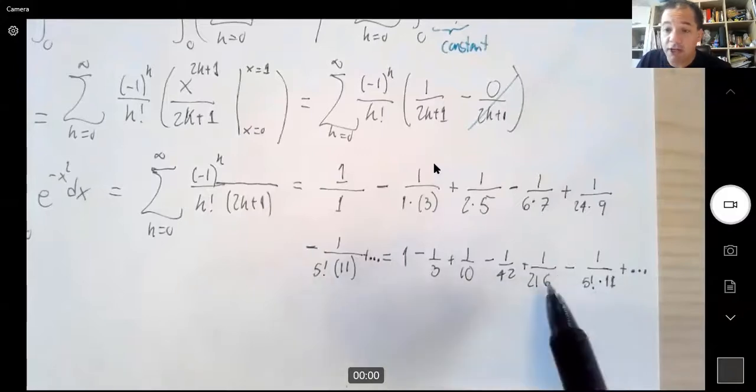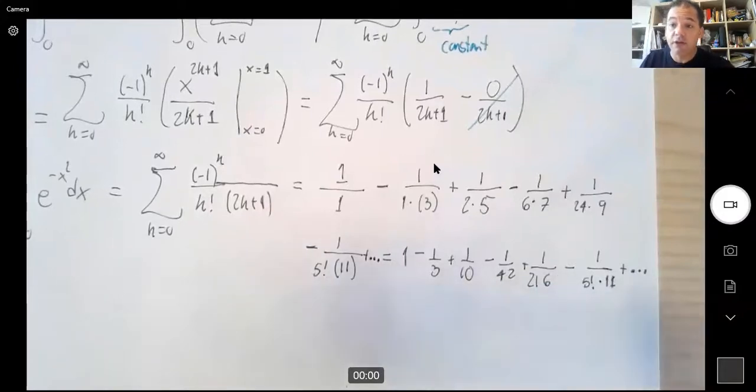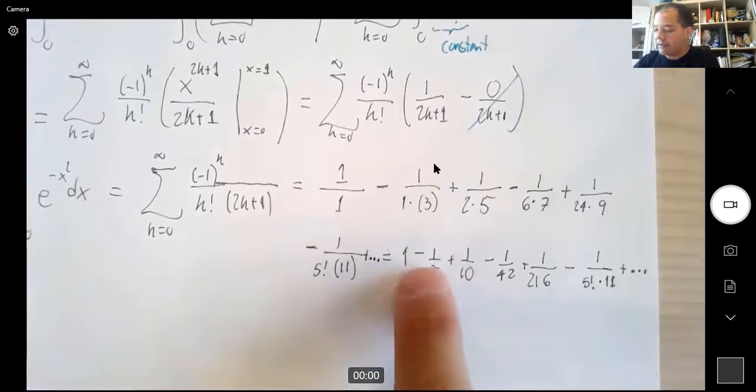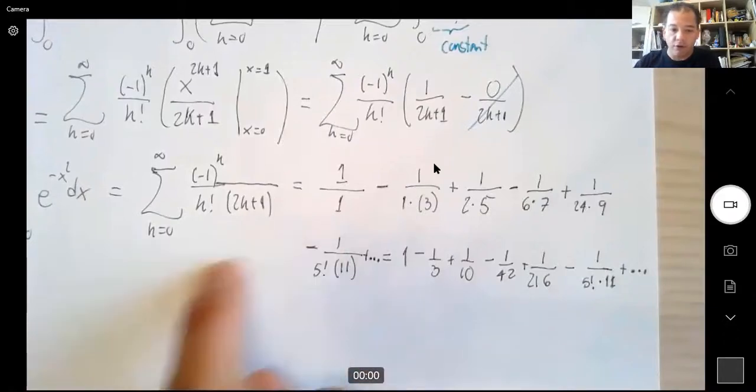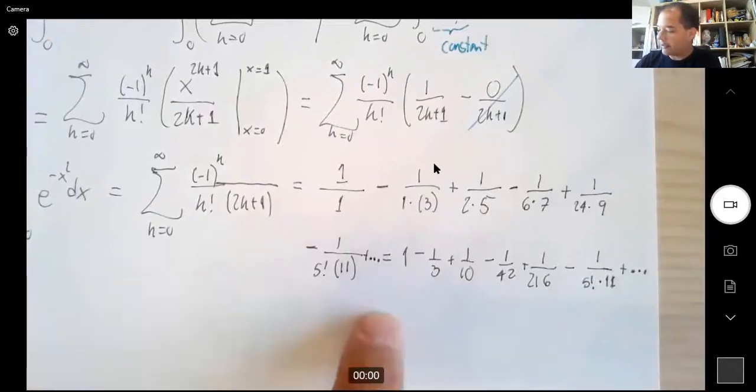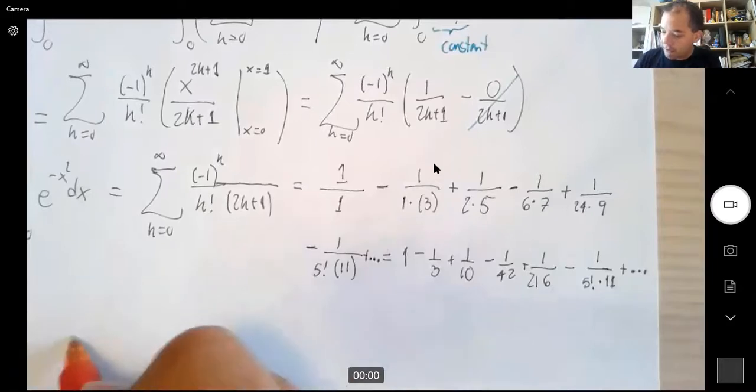Now, you could evaluate this quantity, and every time you get a better and better approximation. Now, you may be wondering, well, how do I know where to stop? How do I know what is the degree of precision? And to answer that, what you need to remember is that this is one of these alternating series, right? That goes back and forth, back and forth, back and forth. So let me make a picture here for you.